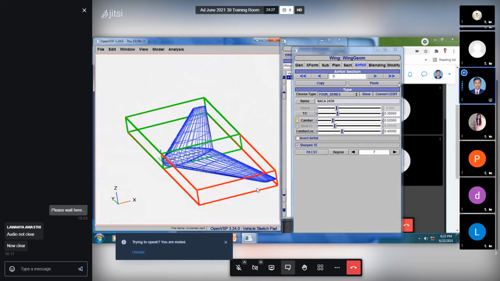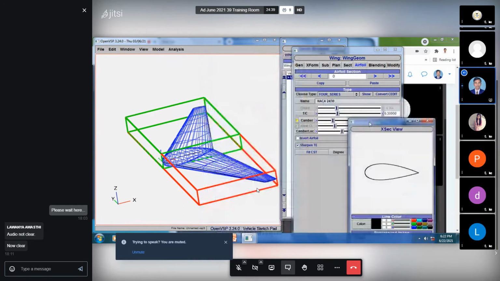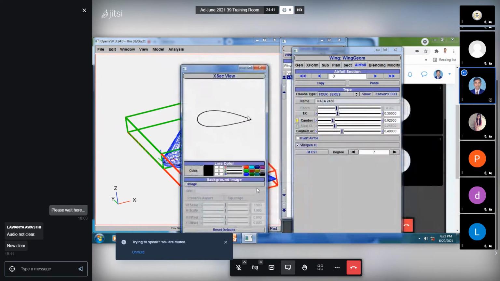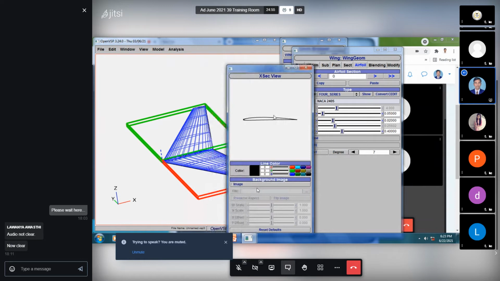Okay, you can even have a preview of this. Just click on preview here, show, click on show. Okay, you can see which type of aerofoil you are adding. Even you can have that preview. Okay, now once again I will change this 30% to 5%, that is 0.05, enter. Okay, see here. So like that you can add your aerofoils to your wing model.